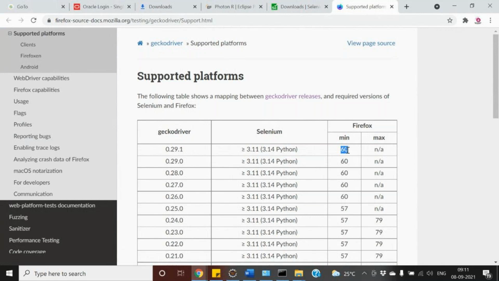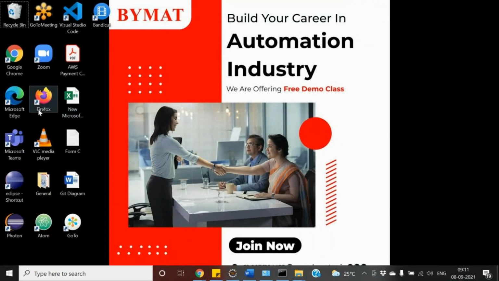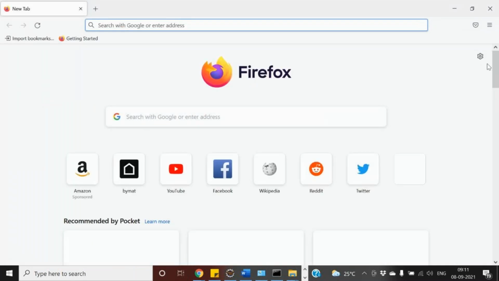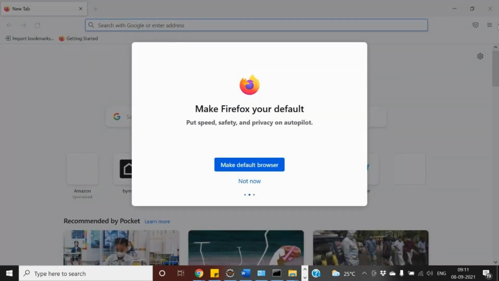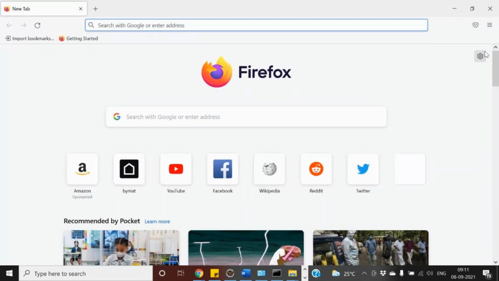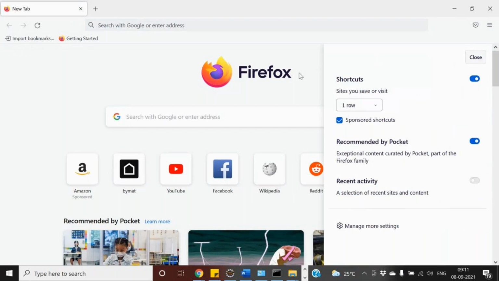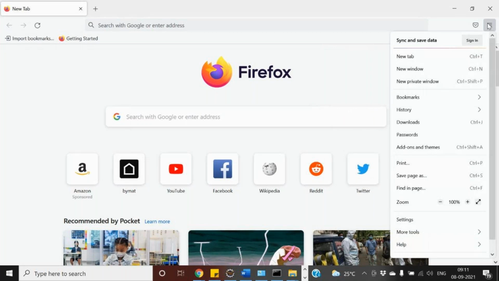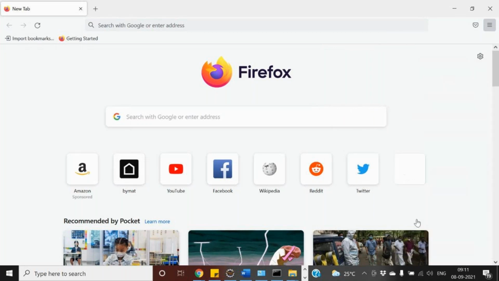So how do you check the Firefox version? You might know it, right? Just launch your Firefox and go to settings and say about Firefox. So you'll be able to get the version of the Firefox. Go to settings over here.